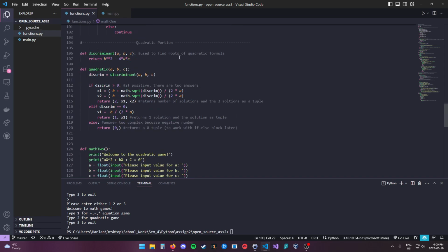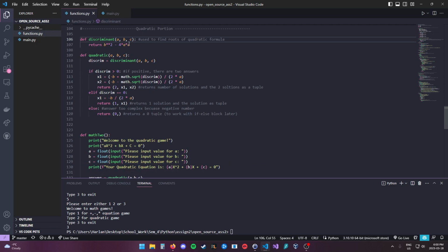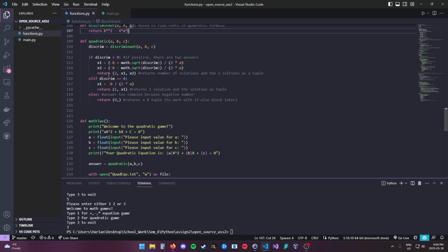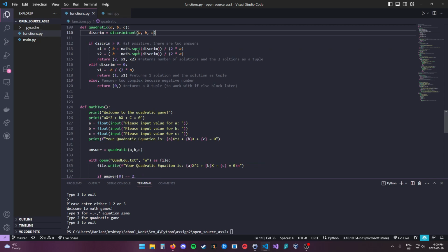For the quadratic portion, this is when we get a little bit more mathy. So I make a discriminant function here, just using the discriminant formula. And then we have a quadratic function, which first calls the discriminant function. We have that stored. And then from my understanding of the math materials given, we have these different equations depending on what the discriminant